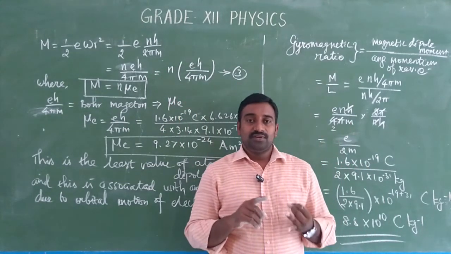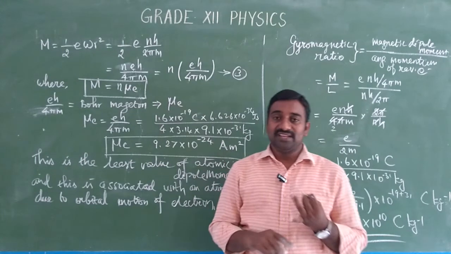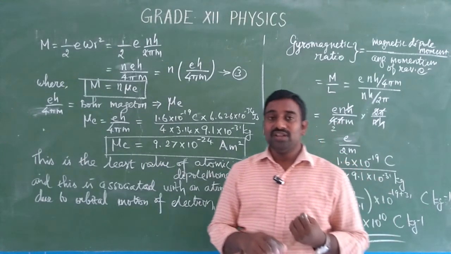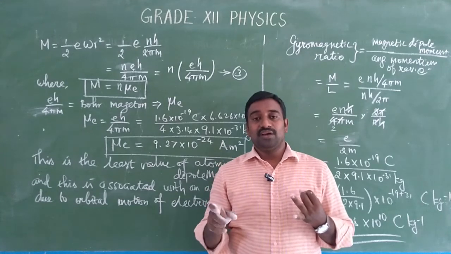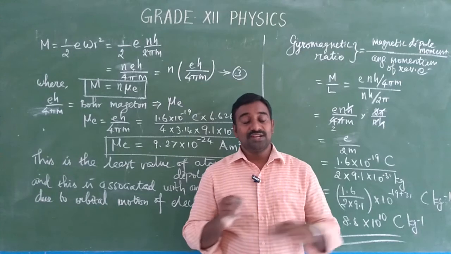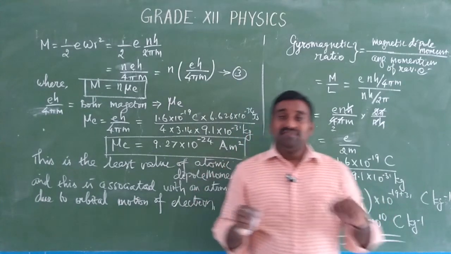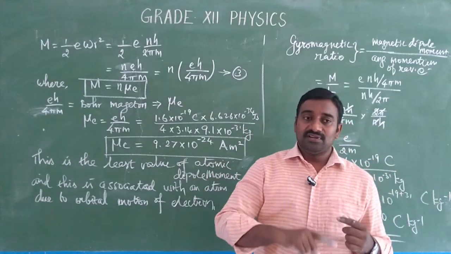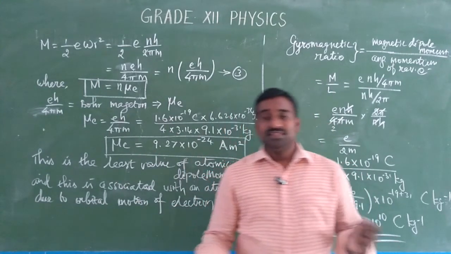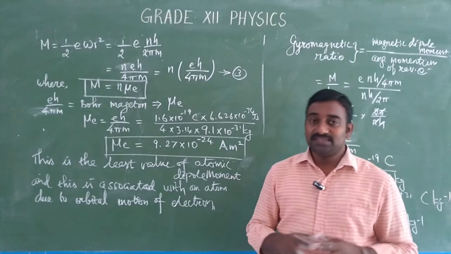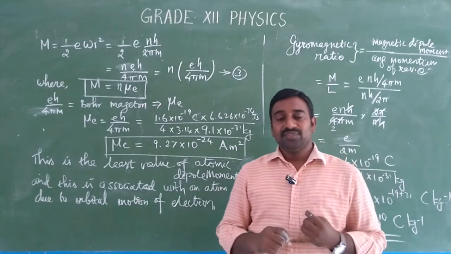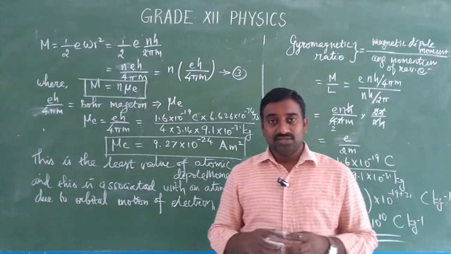From the Bohr's first two postulates: the first two postulates state about the stationary orbit of a revolving electron. In this stationary orbit, when the electron revolves, it does not radiate any energy. But if an electron transition takes place from one orbit to another orbit, then energy radiation takes place. And the second postulate is about the angular momentum, because the charge can be quantized.